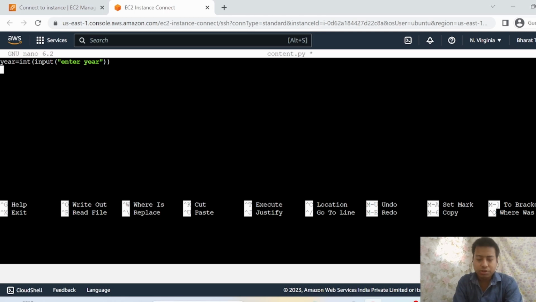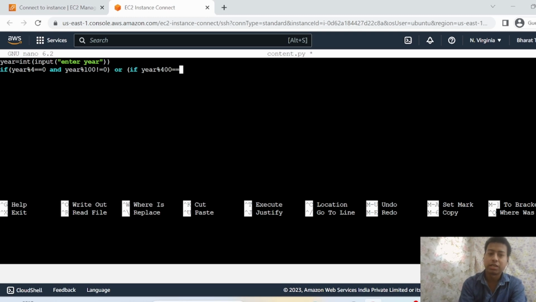Now we want to check conditions. If year modulo 4 double equals 0 and year modulo 100 is not equal to 0, or, we can say, if year modulo 400 double equals 0, then if any one of these two conditions is true,